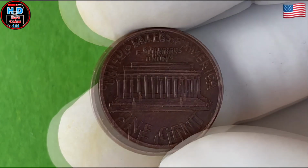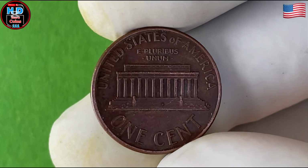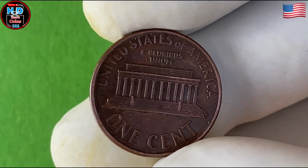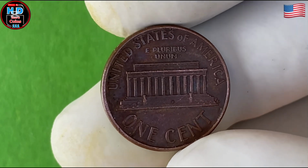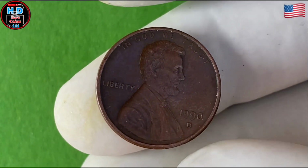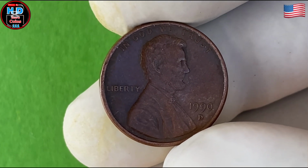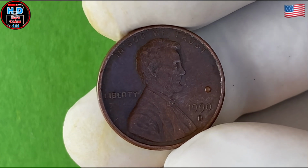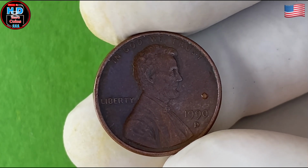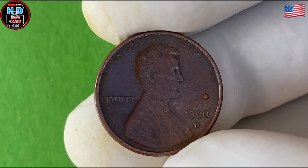history and as a collectible item. Its design, featuring the iconic portrait of Abraham Lincoln and the Lincoln Memorial, speaks to the enduring legacy of one of America's greatest presidents. The 1990 penny is also a reflection of the changes in American coinage, marking the continued use of the copper-plated zinc alloy, which remains a standard in U.S. pennies today. Whether you are a seasoned collector or a newcomer to the world of numismatics, the 1990 Lincoln penny